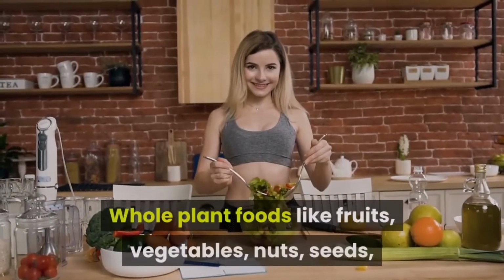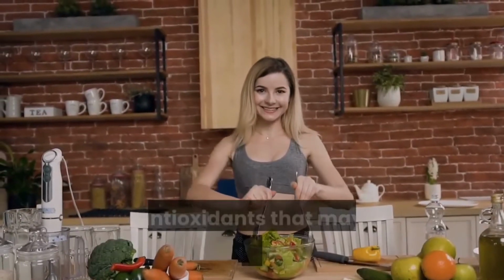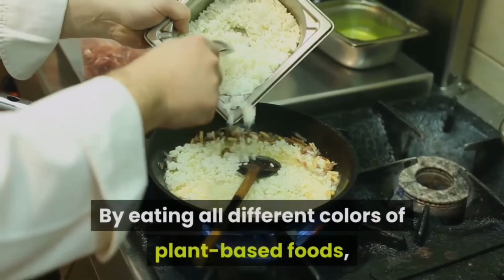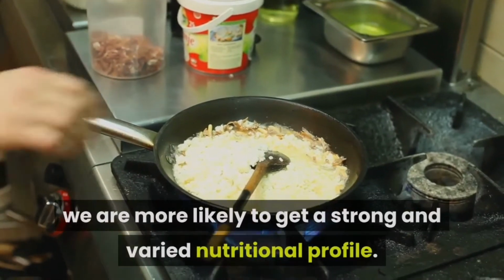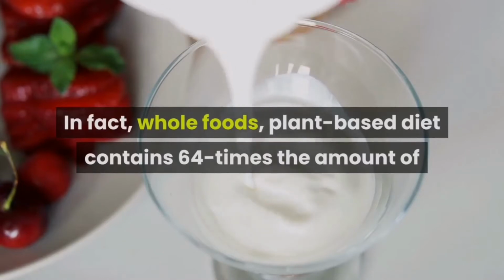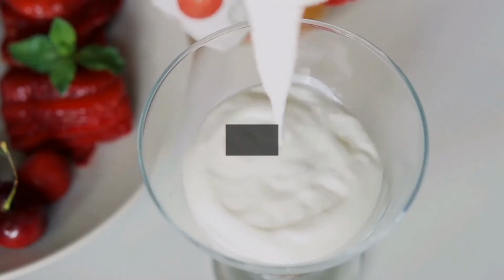Whole plant foods like fruits, vegetables, nuts, seeds, and legumes are rich in nutrients and antioxidants that may give you an upper hand against harmful pathogens by boosting immunity. By eating all different colors of plant-based foods, we are more likely to get a strong and varied nutritional profile. In fact, a whole foods, plant-based diet contains 64 times the amount of immunity-boosting antioxidants compared to a diet that includes